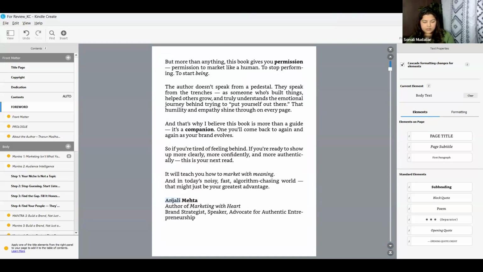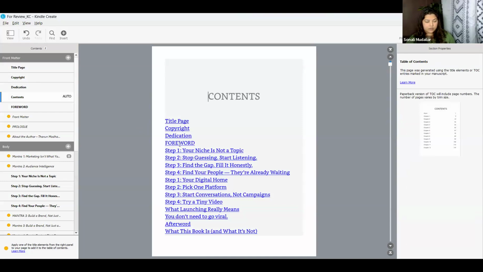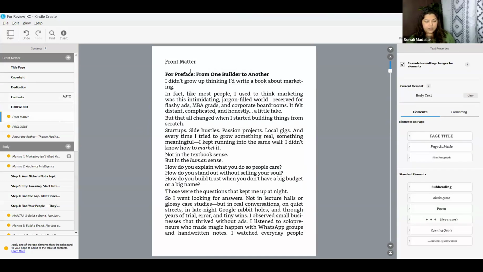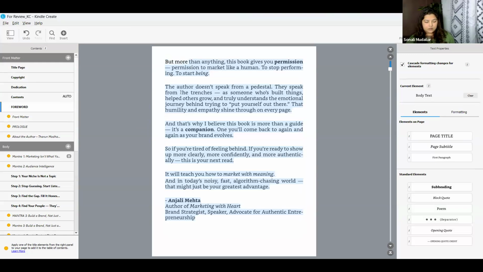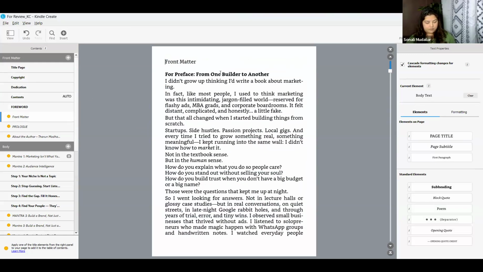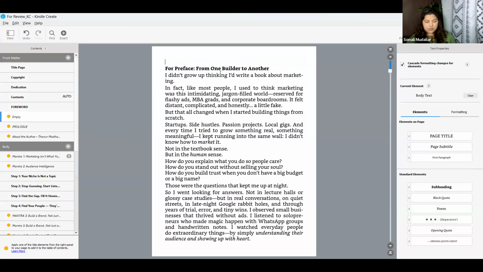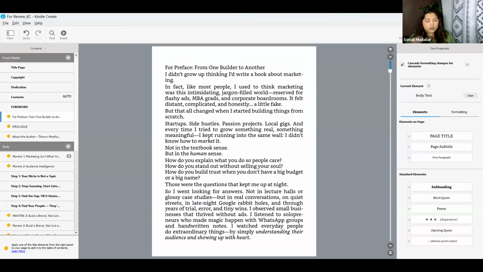So here is the name. I can go ahead and choose to change it, but right now it says highlighted, so I'm not using it. So let's see if I can add a hyphen to it. And this is it. So the forward is ready. So I come down to my contents and see, okay, the forward is showing up. Now I'm coming down. So this is my front matter. But this is not for me. This is my preface.